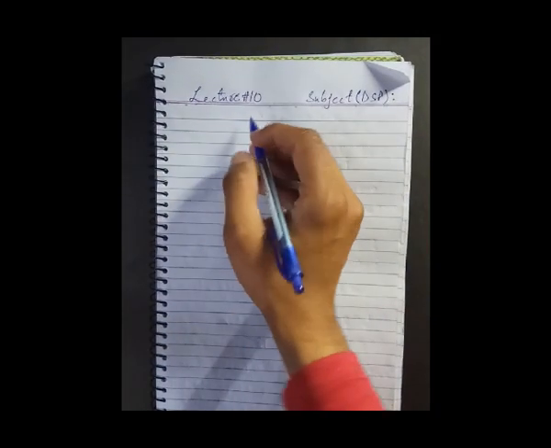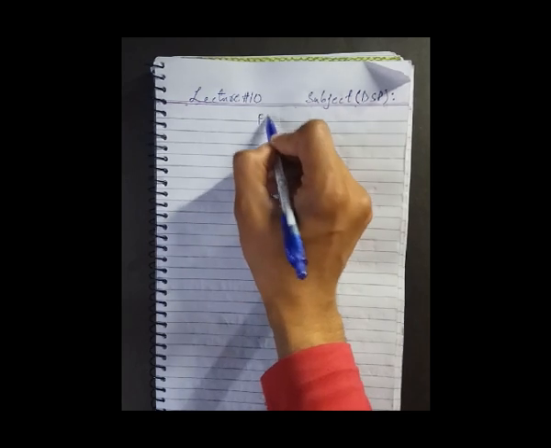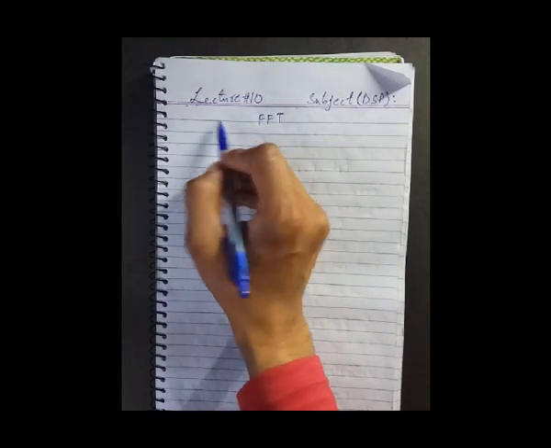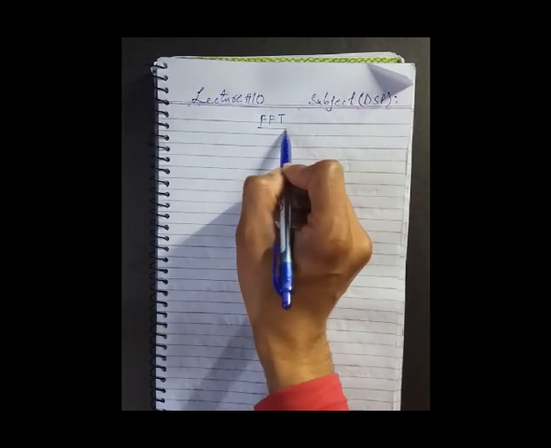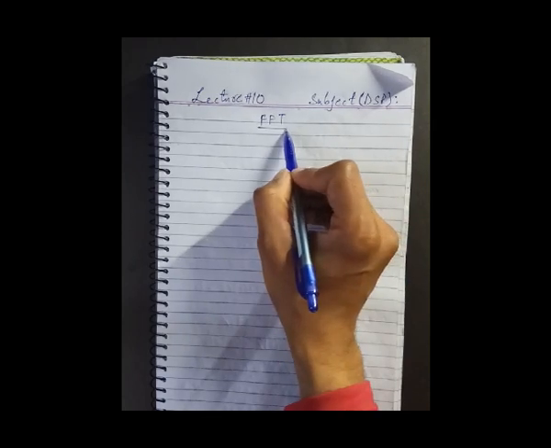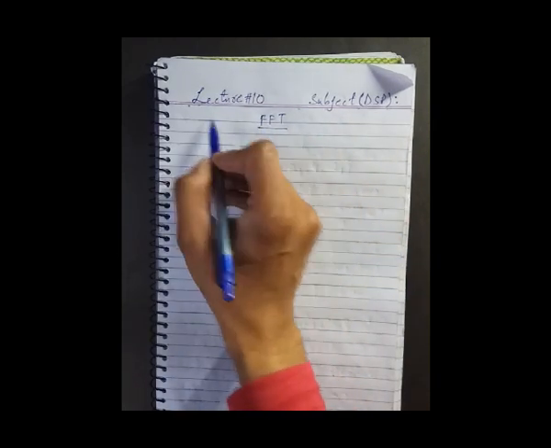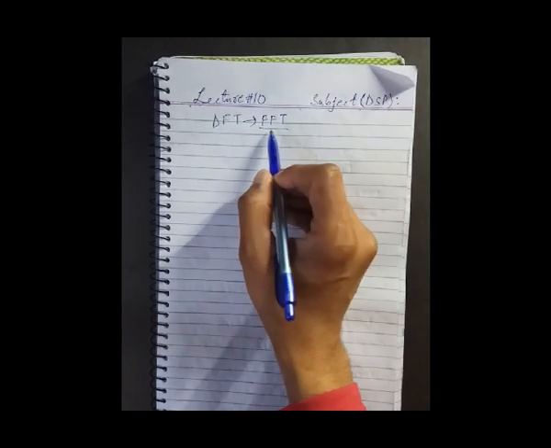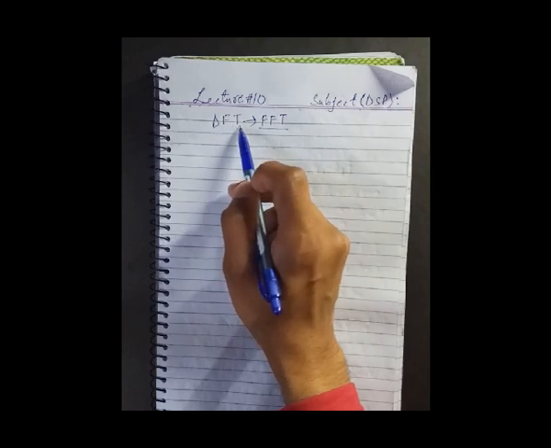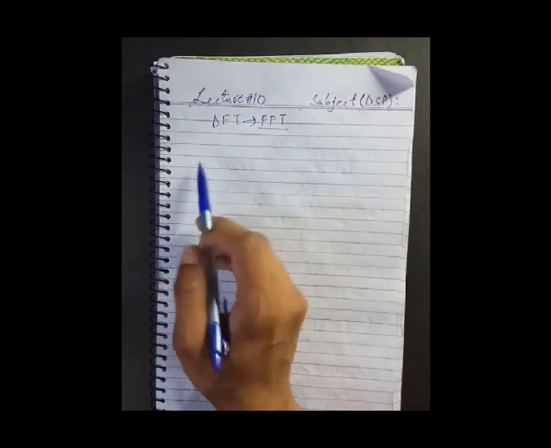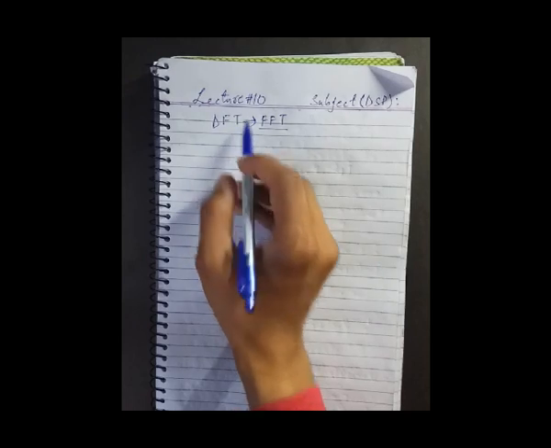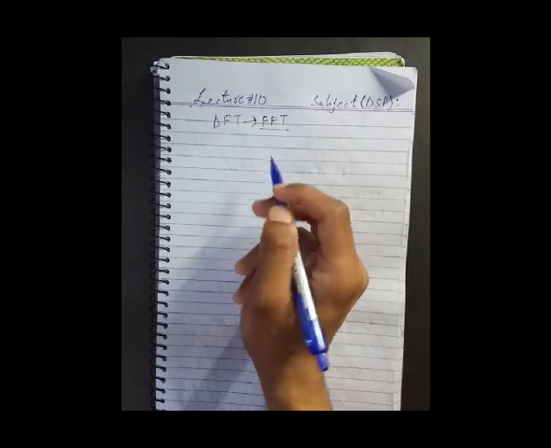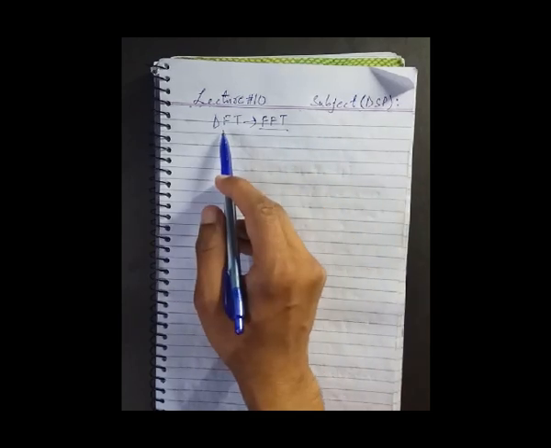In our lecture number 10, we will study FFT, Fast Fourier Transform. It also converts a time domain signal into a frequency domain signal. But why are we using FFT instead of DFT? Why have we moved toward FFT? Because DFT takes a lot of time and has a high computational cost, because it has a very high number of multiplications and additions. If we analyze, this is the